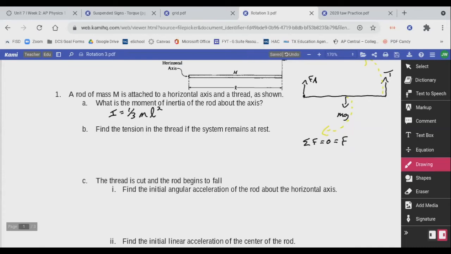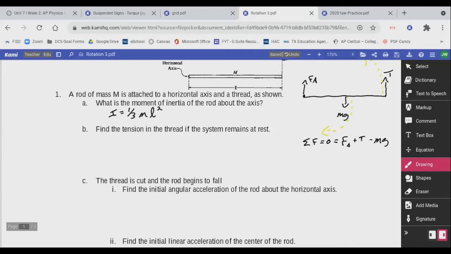FA plus T minus mg. Would that make sense? We have force applied going up. We have tension going up. We have mg going down. Yeah, that makes sense, right? I say it that way because, when I'm doing it for the first time, I'm looking at it and reasoning